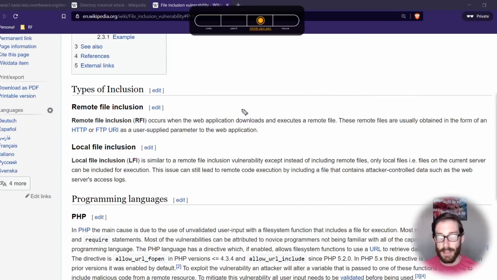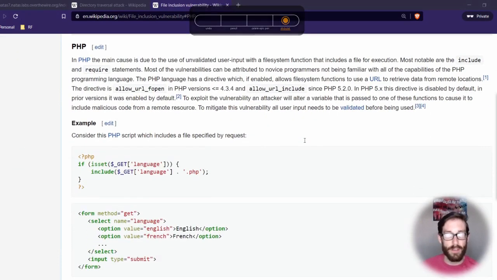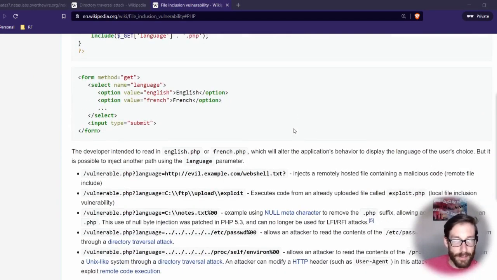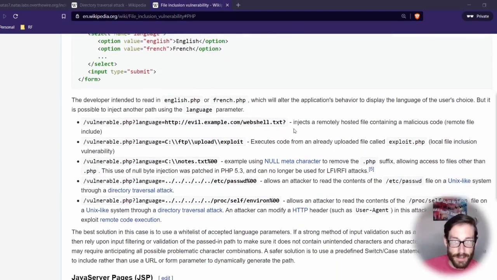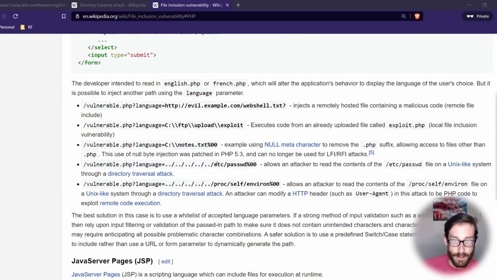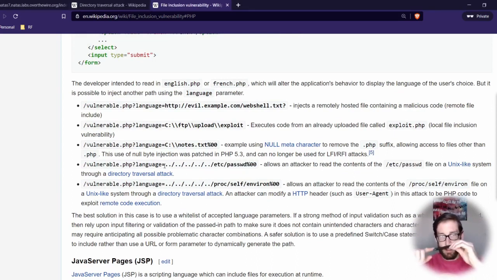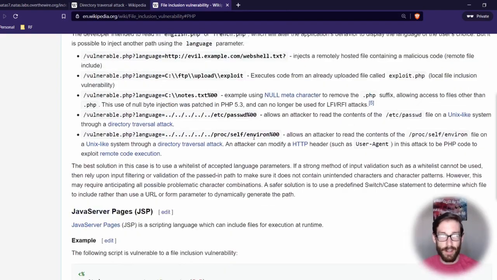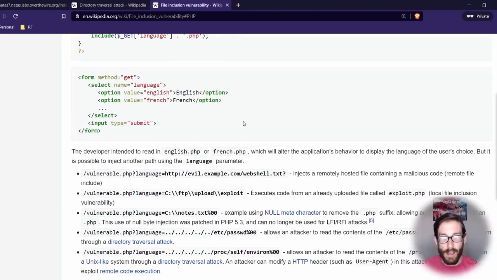This is something I had to read through and understand. After perusing this article and reading through the different ways that people exploit this vulnerability, I realized that there was a specific way of adjusting the path variable. There's some information here where you can not just go to a specific path, but you can actually go up a tree. We'll get into that in the next one, because hint, hint, that's in there. But I wanted to point out that I did a lot of reading into file inclusion vulnerability and what it was. I also went to the OWASP website, which was useful as well.